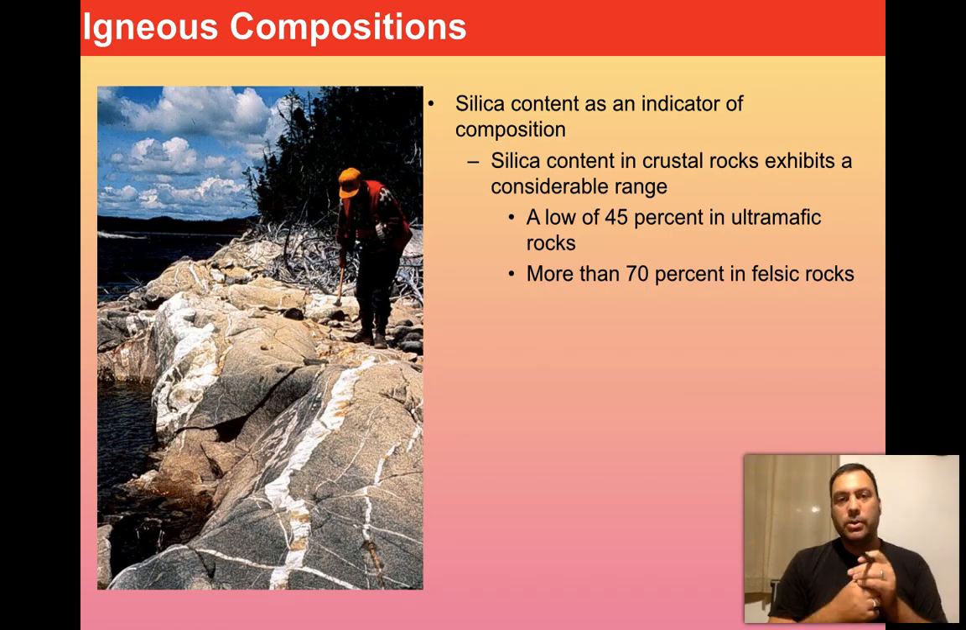So as I stated earlier, the silica content can vary widely amongst the different kinds of rocks, right? We were talking about 45%, even 40% in certain ultramafic rocks, and more than 70% in felsic rocks. Here we see a geologist who's looking at a set of quartz veins, and these are basically pure quartz. They're white, and they're actually emplaced in a type of rock. It's a granite, and the granite is 70%